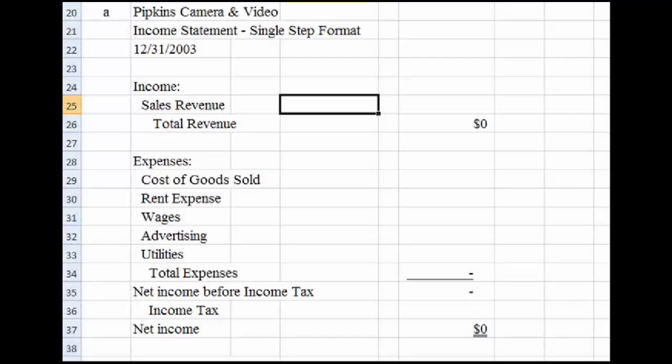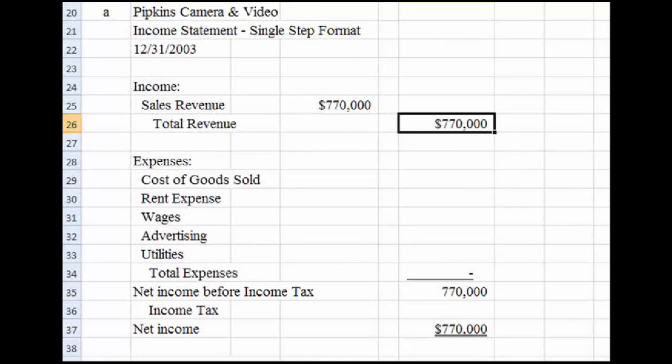Enter the sales revenue of $770,000, which has already been identified in the book. That's the only revenue, so the subtotal has already filled in correctly. Next on the single-step format is expenses. The expenses are right here in your book on page 141. They are the cost of goods sold of $550,000,